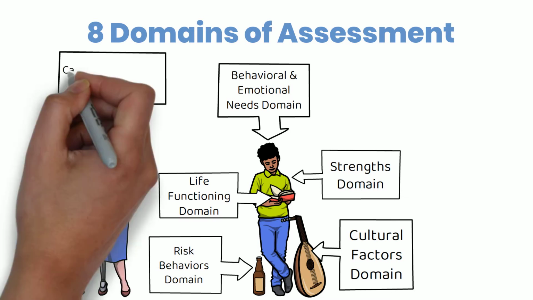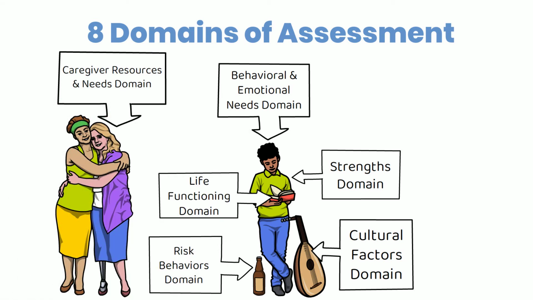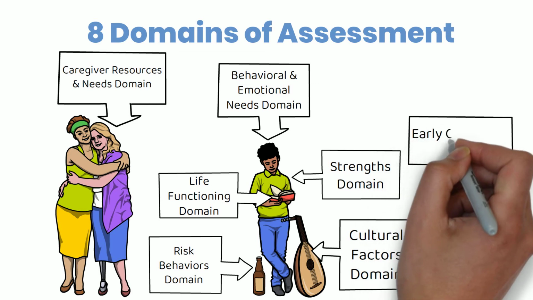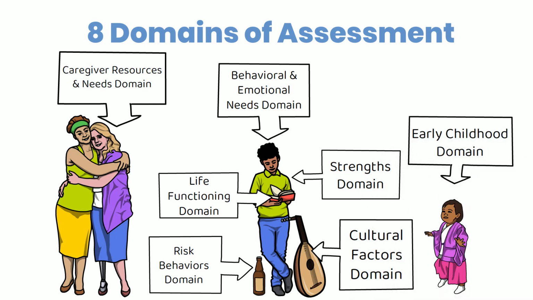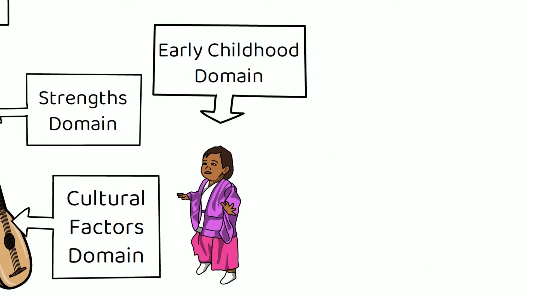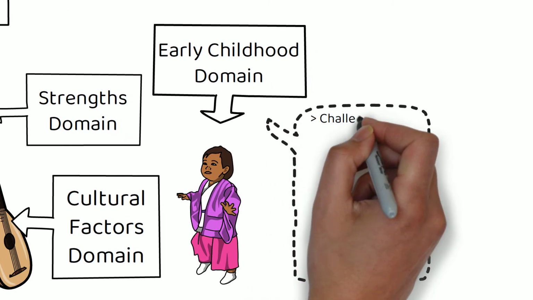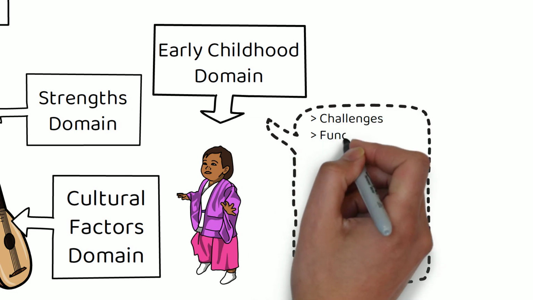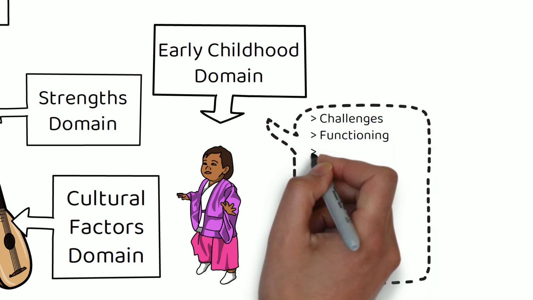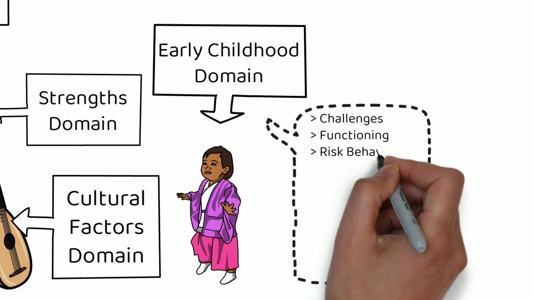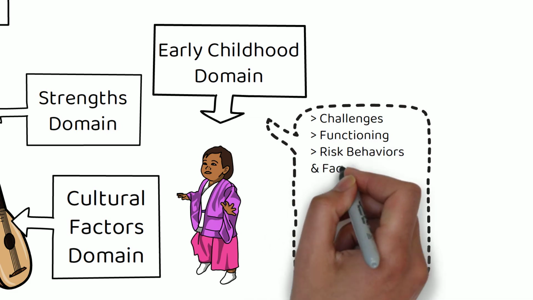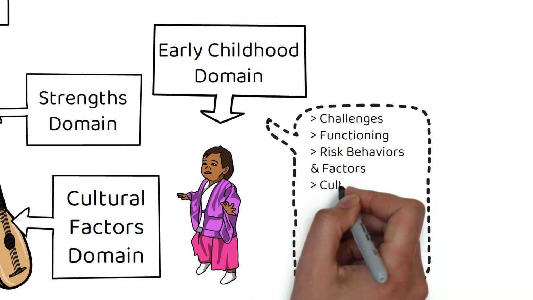The Caregiver Resources and Needs domain assesses any parents' or committed caregivers' identified strengths and needs. The Early Childhood domain captures all the domains previously mentioned, but reimagines those domains for children aged birth to age 5. The subdomains in the Early Childhood domain are Challenges, which is similar to the Behavioral Emotional Needs domain; Functioning, which is similar to the Life Functioning domain; Risk Behaviors and Factors, which is similar to the Risk Behaviors domain;